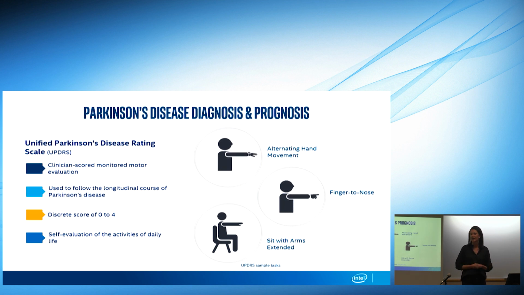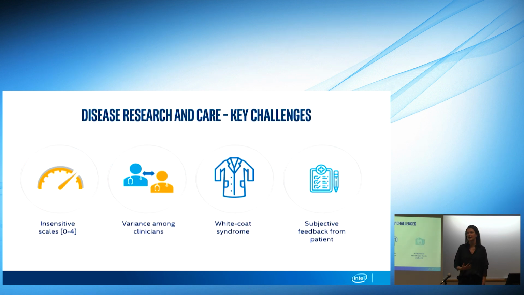You can understand how it's obviously an insensitive scale, and how it's almost impossible to detect slight changes in the condition of the disease, as different clinicians will rate the same patients differently. The scale is insensitive, but at the same time, there are some guidelines, there are things that are defined on how to score the UPDRS, but it's completely subjective.